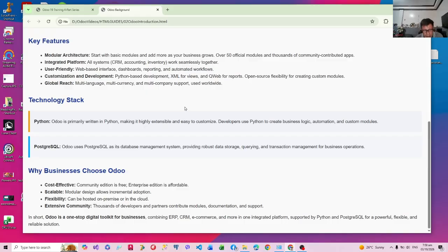There are presently hundreds of thousands of developers and partners, and there is a mountain of YouTube videos which you can use to do training in whichever part of Odoo, whether using a particular app or developing a special application for a client or for your own business. It's a one-stop toolkit for business. It has an ERP. In fact, many extensions in other platforms have also migrated to Odoo. Like for example, the popular WooCommerce, which is also available, of course, for a fee in the Odoo Enterprise Edition.